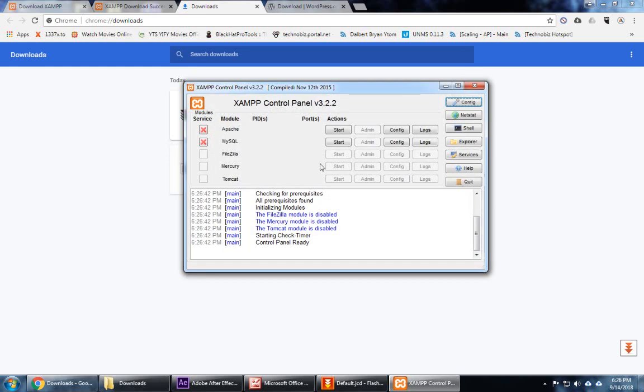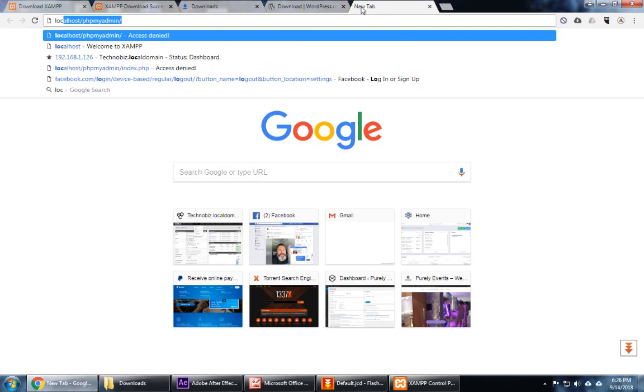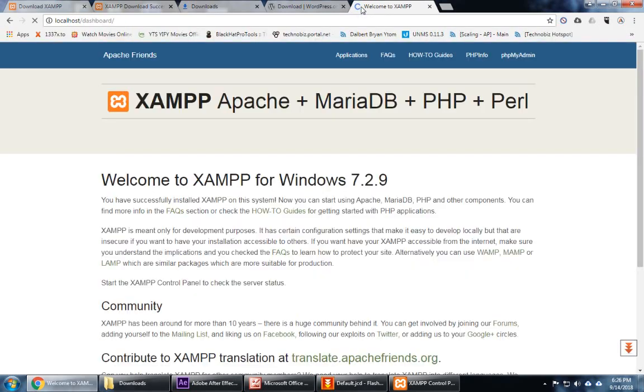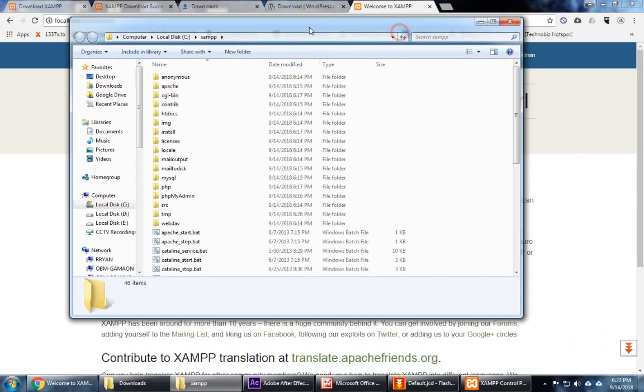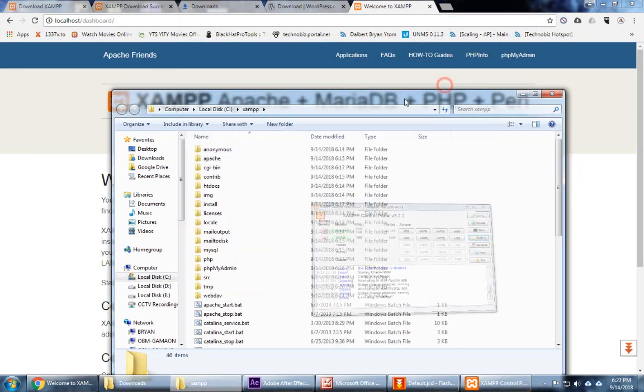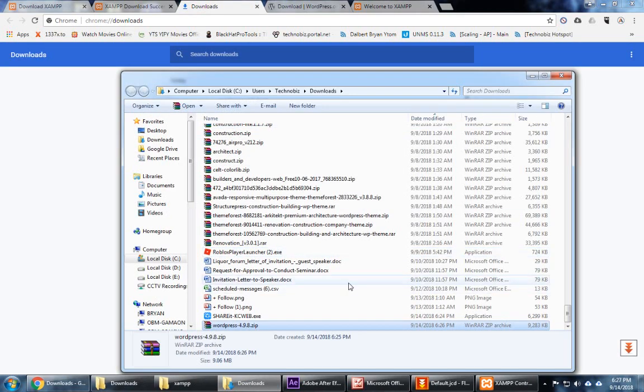the XAMPP control panel. So start Apache and start MySQL. Then let's check the localhost if it's working properly. Okay, successfully installed. Then let's browse to the folder, also the WordPress we downloaded earlier. Copy the WordPress,